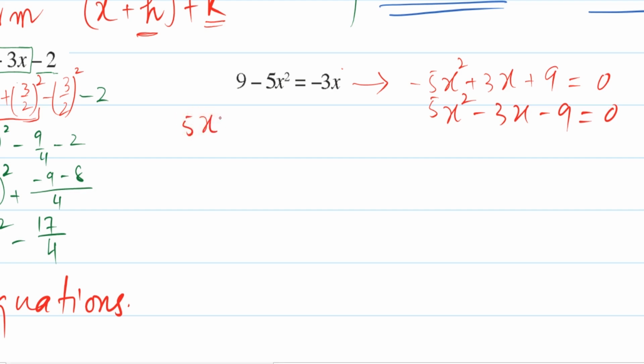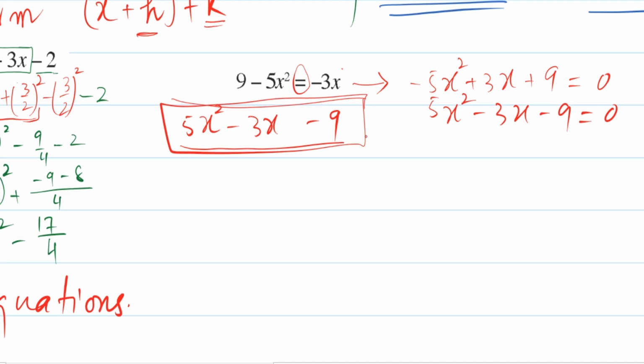5x square minus 3x minus 9 is equal to 0. I am sorry, the question I have written is not an expression. I have written by mistake an equation. No problem. Say this, now we have to convert this expression